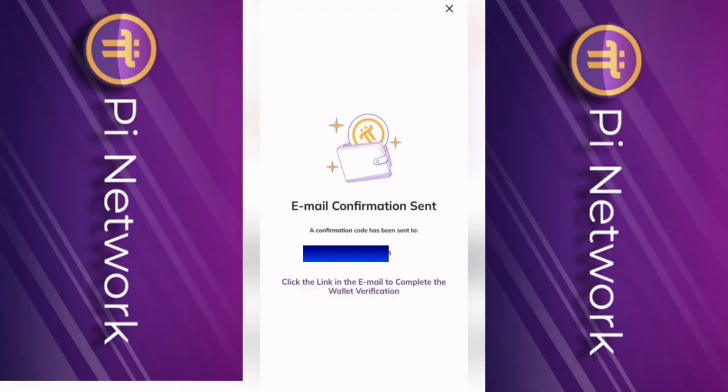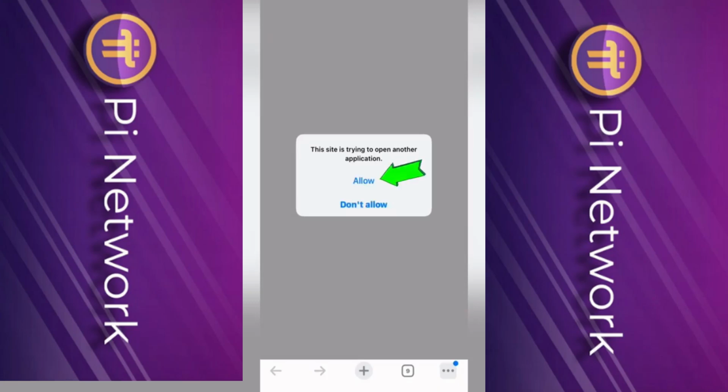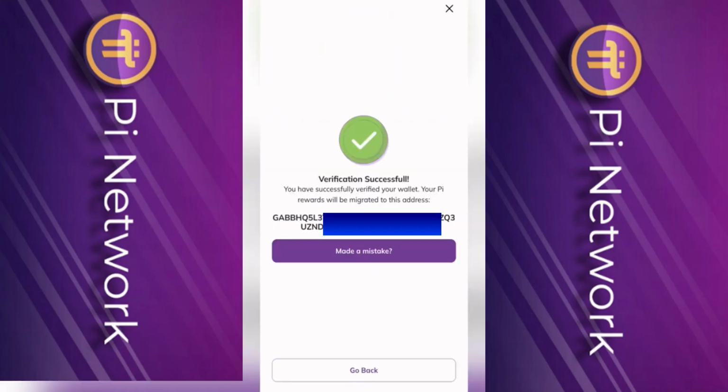Once you do that, a confirmation code will be sent to your email address. Open the mail and click on Verify. This email is from the Pi network. Click Allow. Click Open. Once the verification is successful, you will receive this page with the following message: you have successfully verified